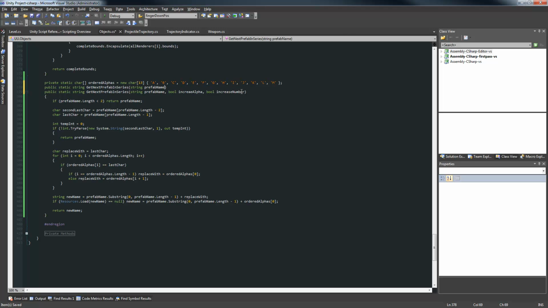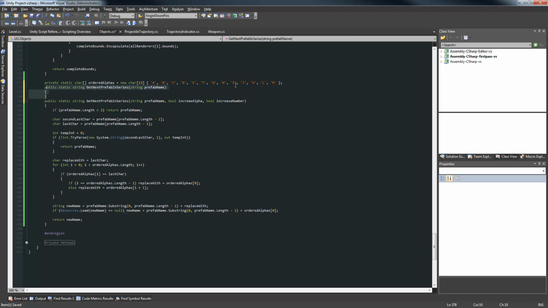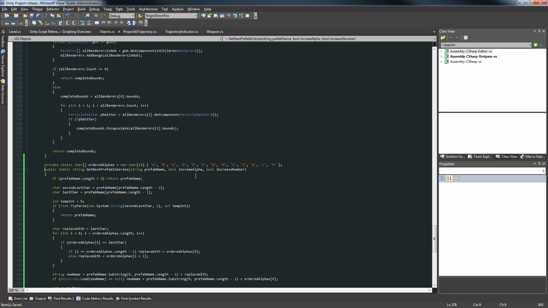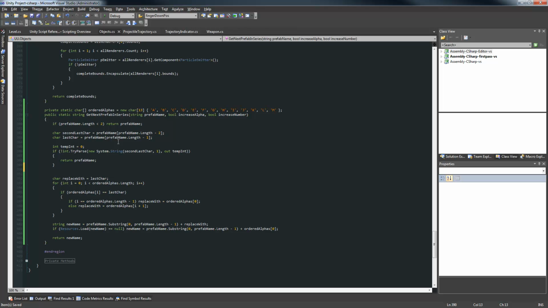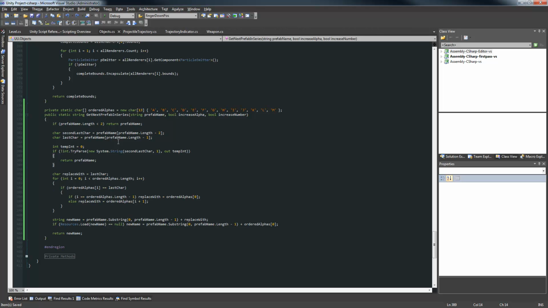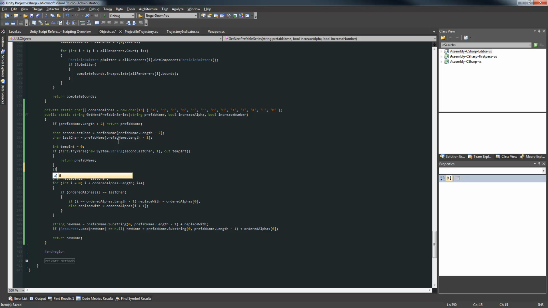So the default one, I don't need the default one, just write it. So yeah, I've got temp int, so that's cool. So increase number, temp int plus plus, and put this back to